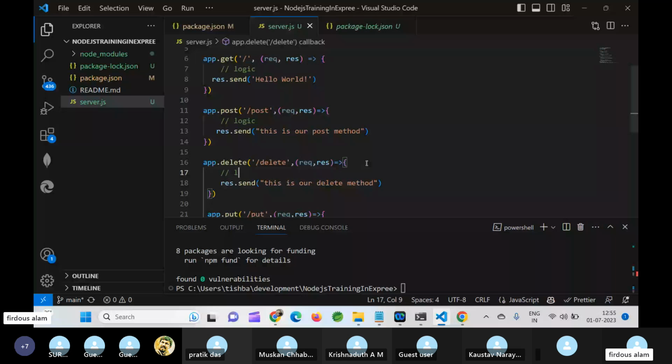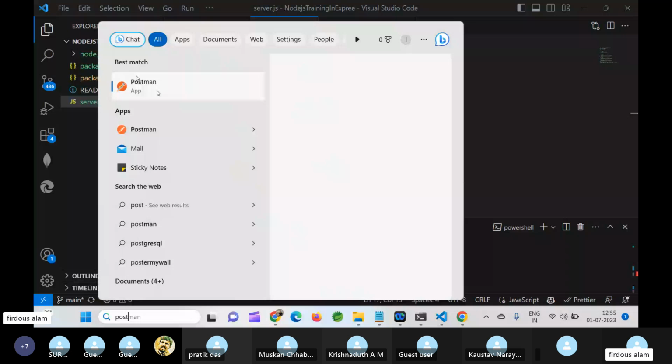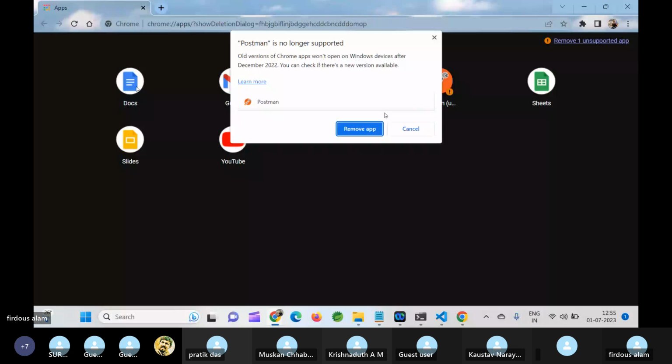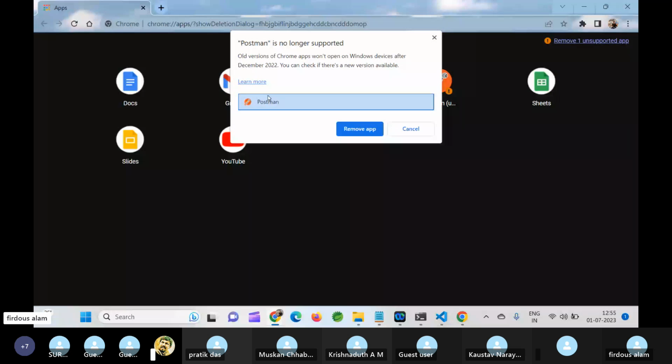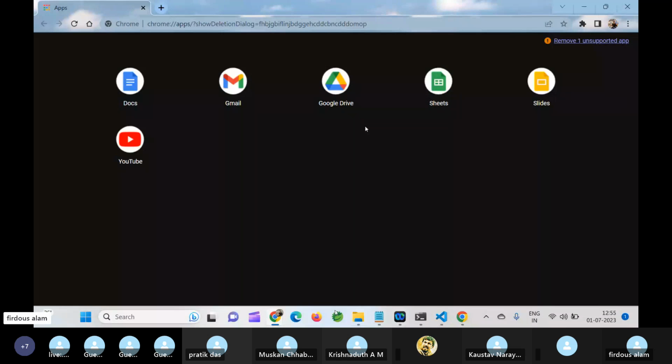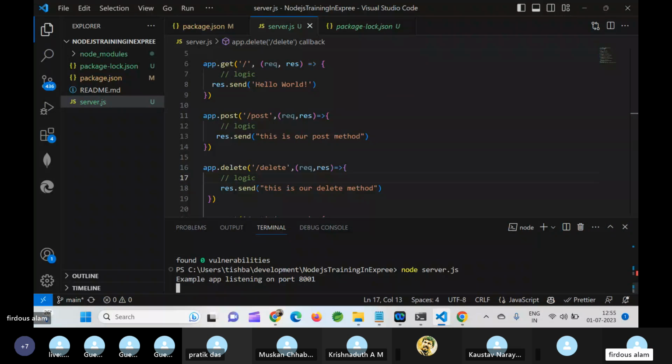For now this is the thing, and I had asked everyone to have Postman installed on their machine. So just open your Postman. What happened? Firdaus, can you please run the server.js file? Right, my code is running here.